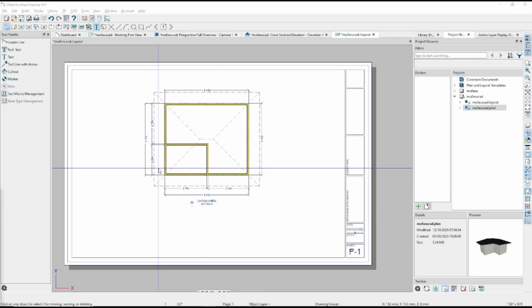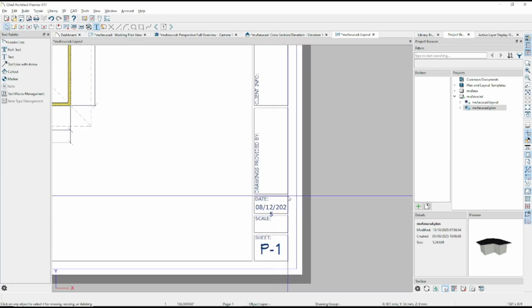Hello everyone, today we are going to learn a basic ShiftArchitect tutorial: how to edit the title block. So we have this example layout template, and if you want to edit the title block in it, like I will